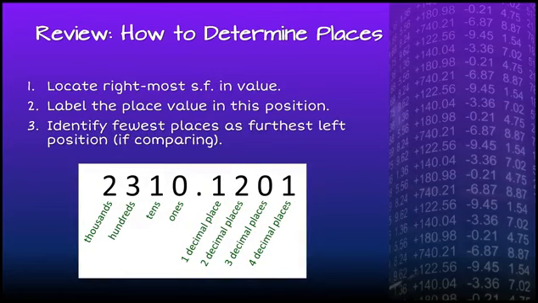If we have to determine places, we assess which digits are significant in the value and locate the one that is furthest to the right, then label that position. You'll see here that I will count decimal places when the final sig fig is to the right of the decimal point, and use the formal term for place value if the final sig fig is to the left of the decimal point.